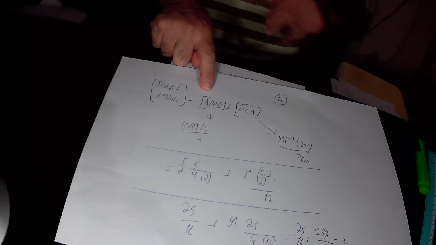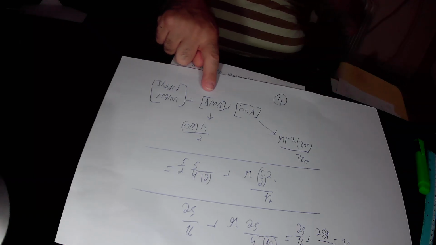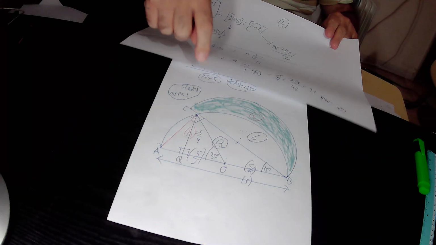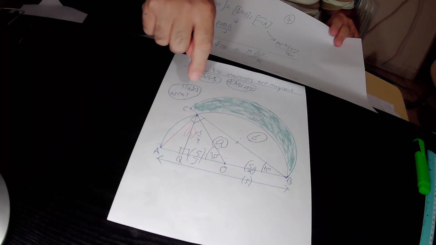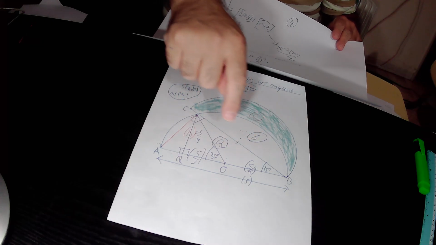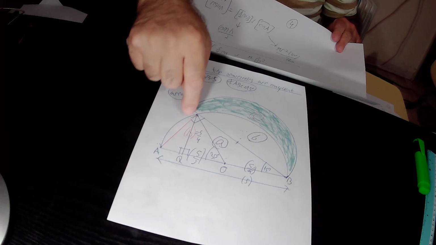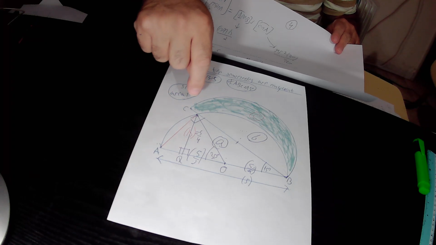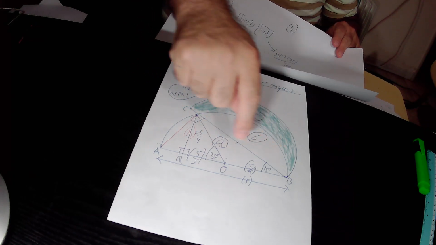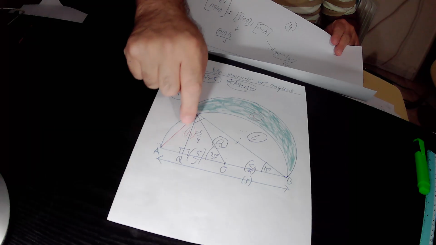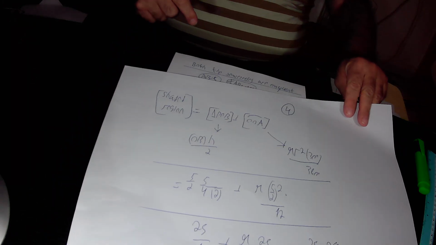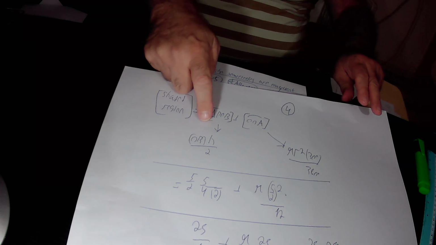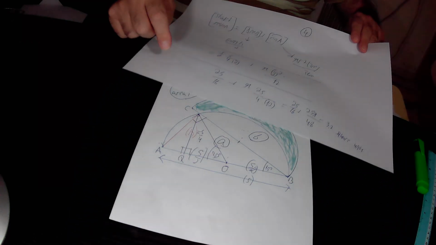The area of the second shape is the area of triangle POB. The area of this triangle POB equals the base OB times the height to the base, PQ, that is h, over 2. So again, the area of the triangle POB equals the base OB times the height h over 2, plus the area of this sector